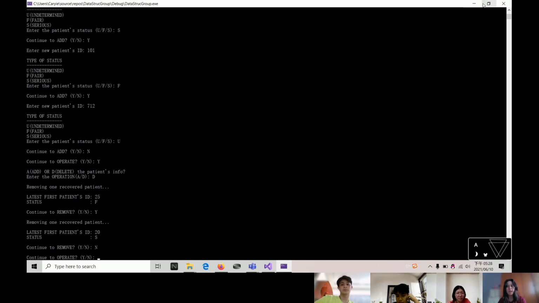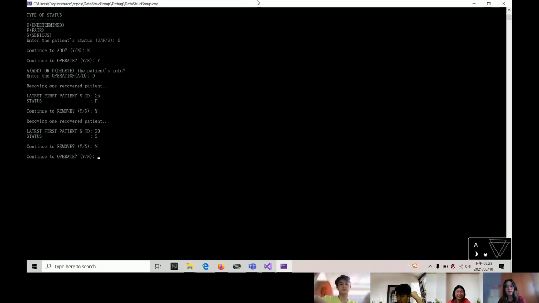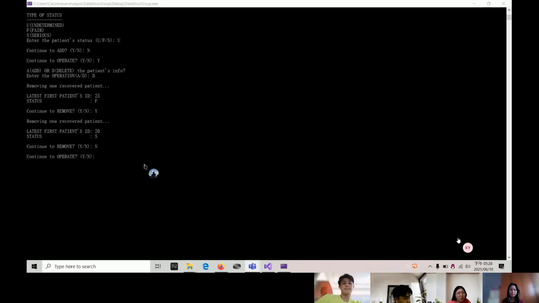And now for searching and sorting the list, I will hand over to my team member. Okay, now I press N to end the adding and deleting operation. Yes, now we show the next function, which is searching. This function is convenient for the staff to search quickly for patient information. For example, I click S,